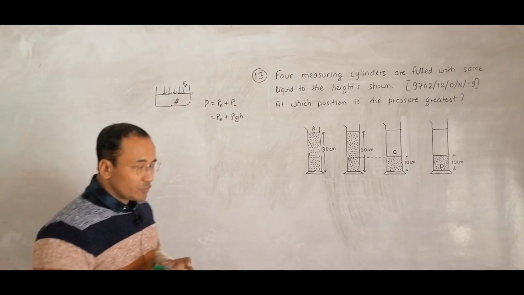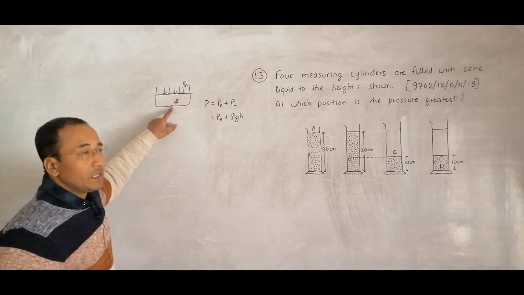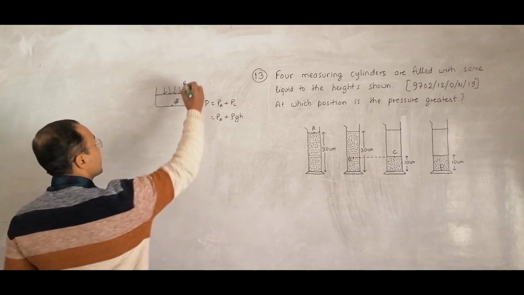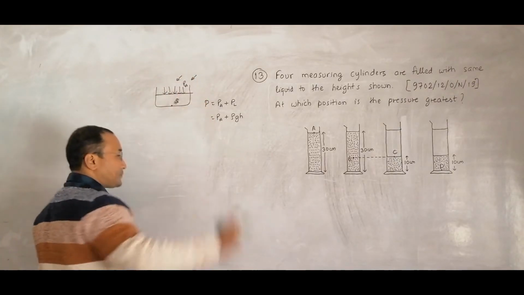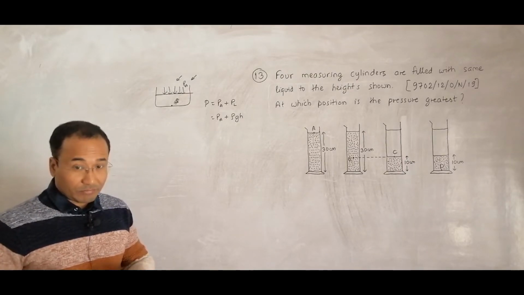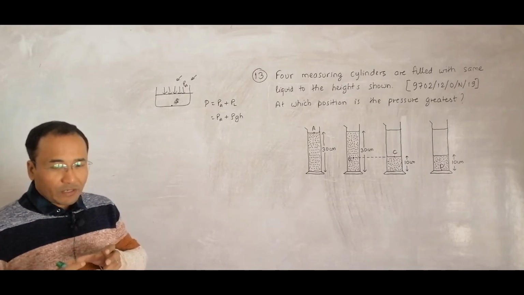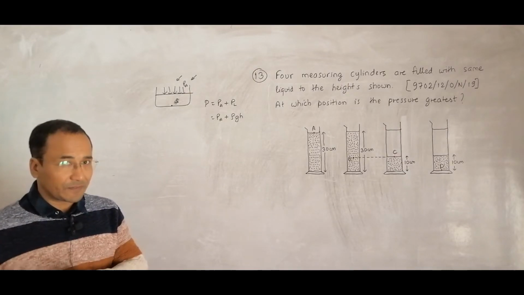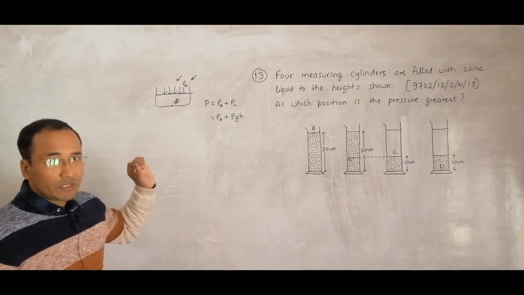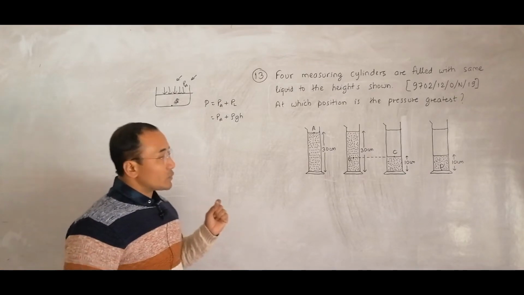So now we have got two perceptions. If we watch from here, it is the height of liquid above this point. But if we watch from above the surface, it will be the depth of liquid. So there are two perceptions here. One is height and one is depth. But when I teach, I often use the word height, I don't use depth, because we have to see from the perspective of that point, not the observer. So that's why I'll use the word height here.